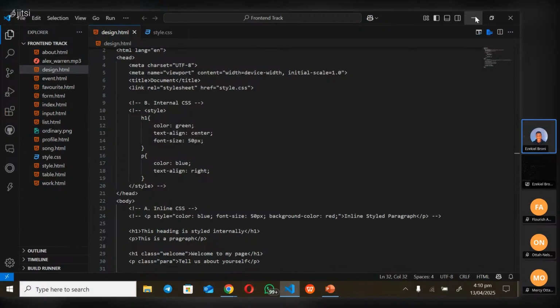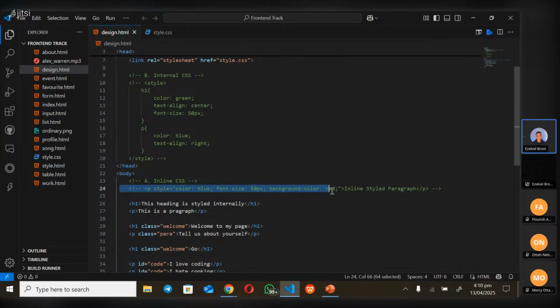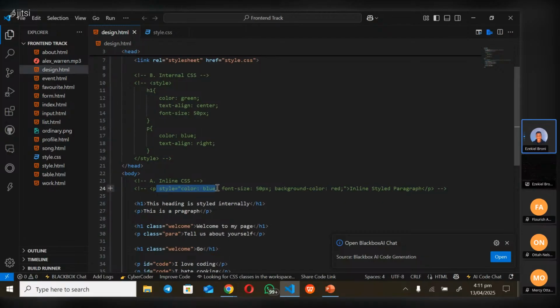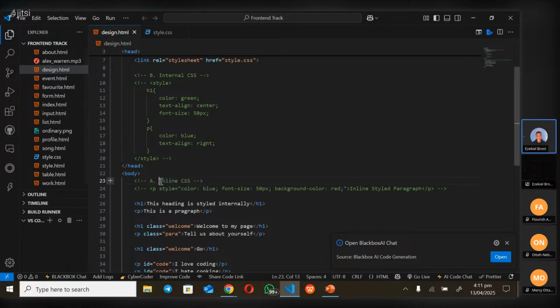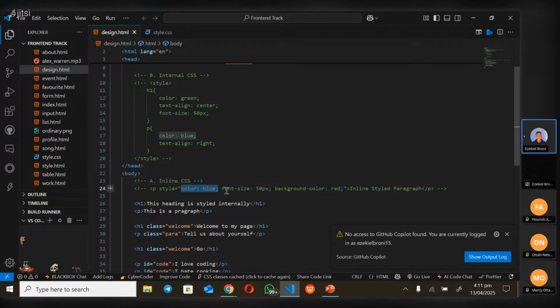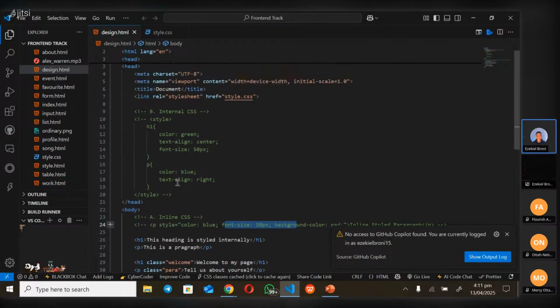And we also spoke about how we can use CSS. We said we can use CSS in an inline way, where we can write directly inside our HTML tag using the style attribute. So we can style an HTML element inside its tag using the style attribute, that's style equals double quotes, and we can start by saying color blue or font size and so forth. And we also said we have internal CSS